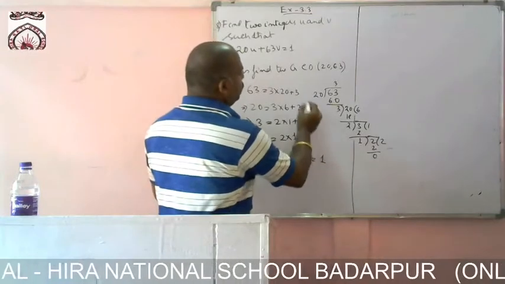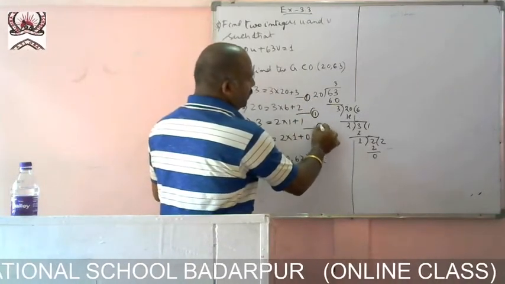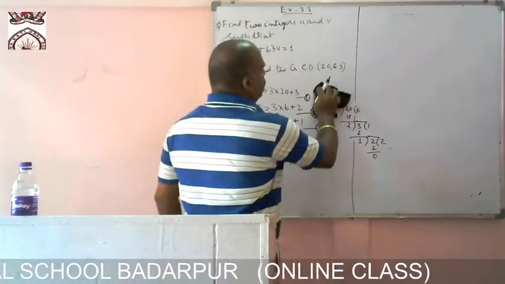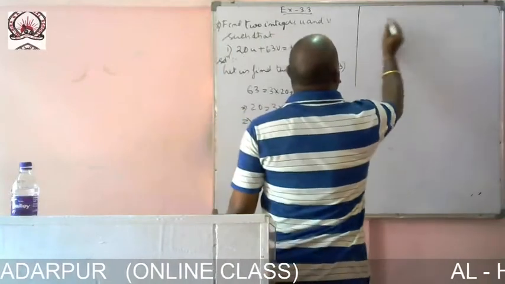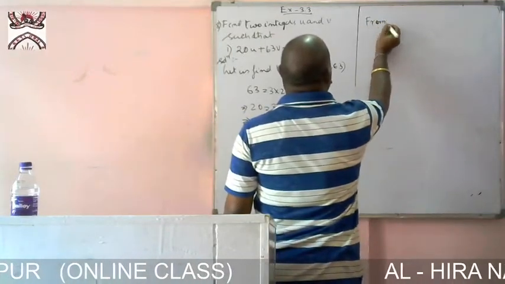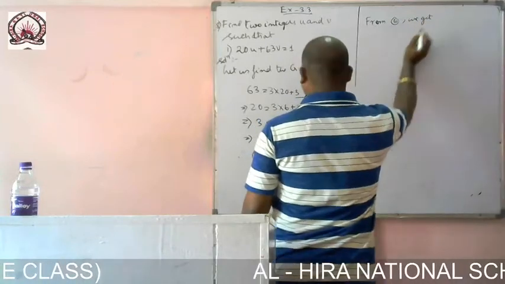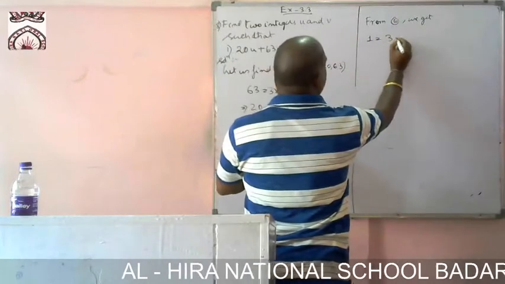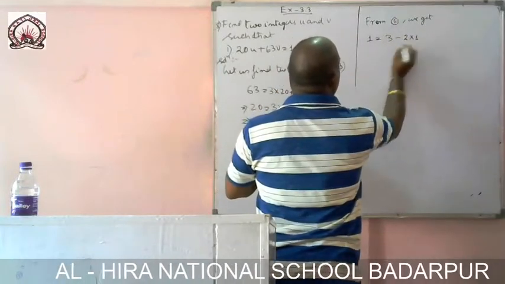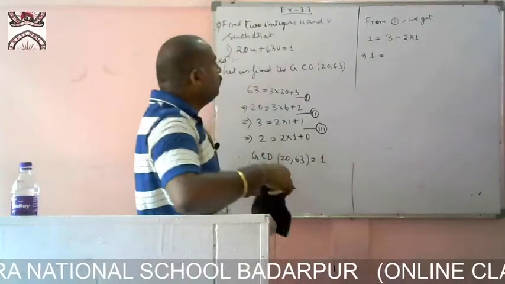Now, this is equation 1. Let us take this as equation 2, and this one as equation 3. Now what do we get from these equations? From 3 we get 1 equal to 3 minus 2 into 1, which implies 1 equal to...